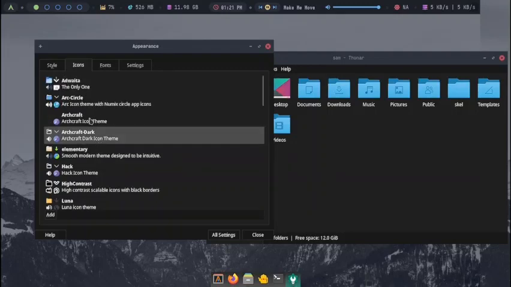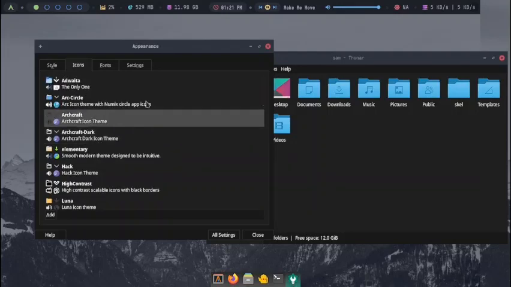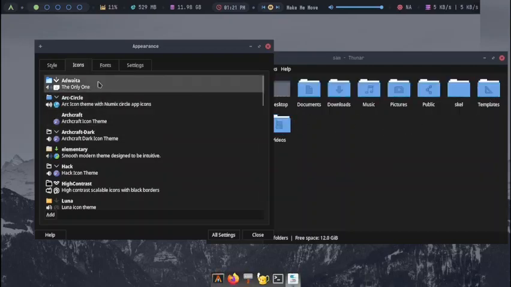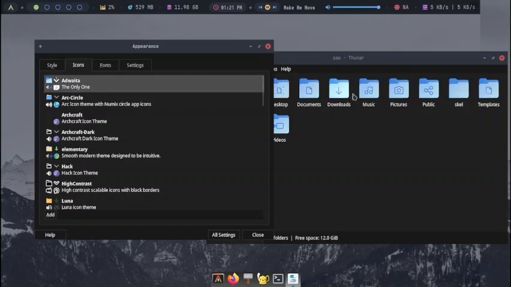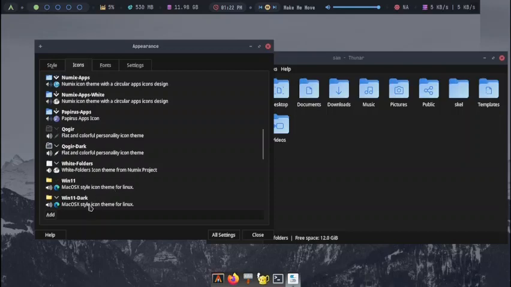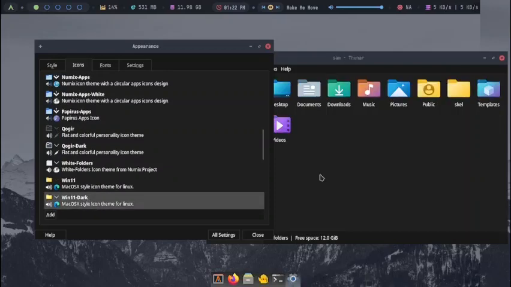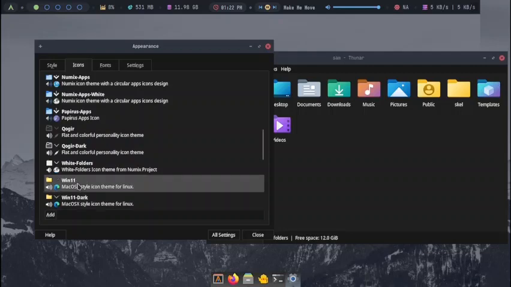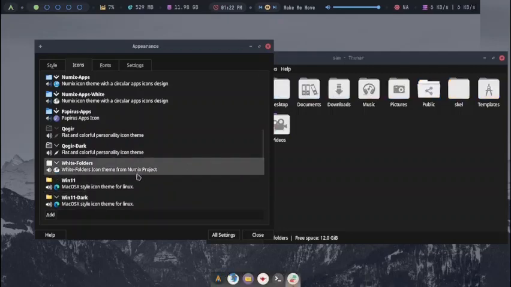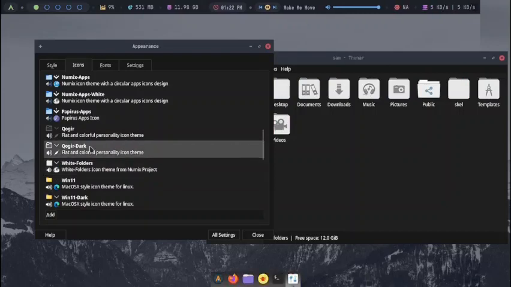This is the Archcraft dark, Archcraft. It is nothing but this is the KDE theme. You can see this is the KDE icon theme, Archcraft. This is the Adwaita or the Gnome theme. This is the default Gnome theme, and folder colors, default folder colors in Gnome desktop. Let us go over to the Windows 11 dark. So this is how the Windows folders will look. Then this is Windows 11 theme. Then you got the white folders, Ogir dark,